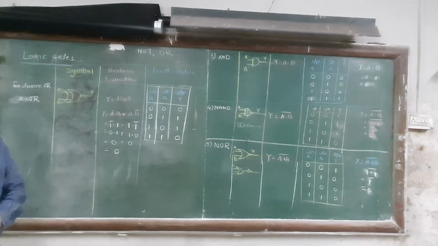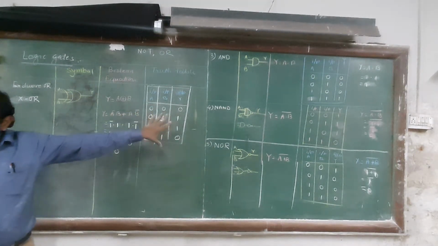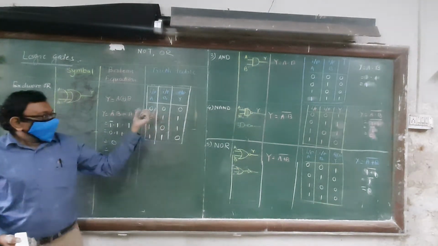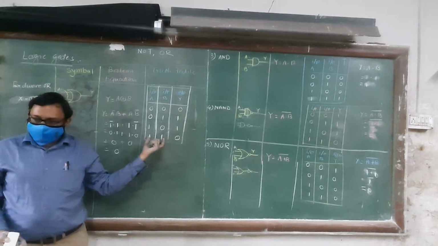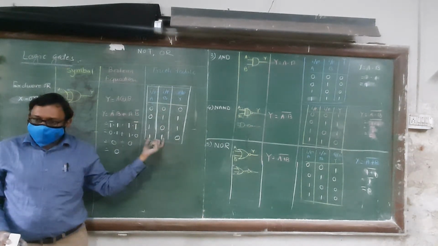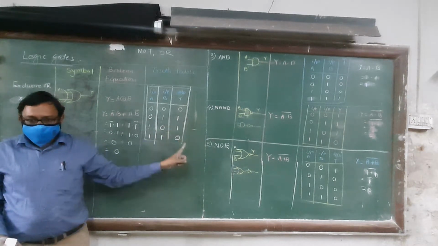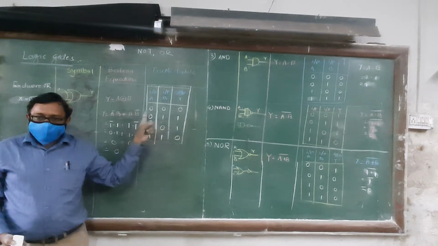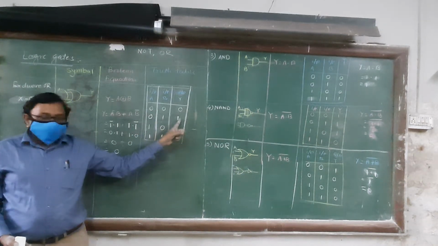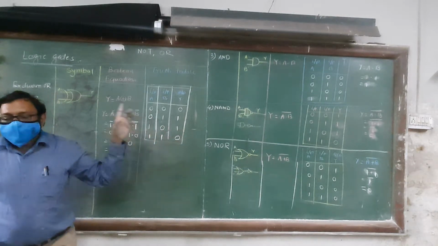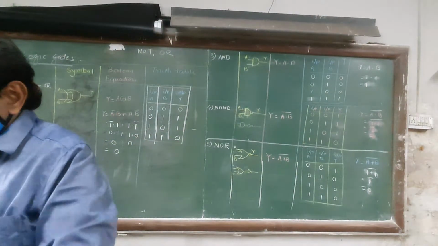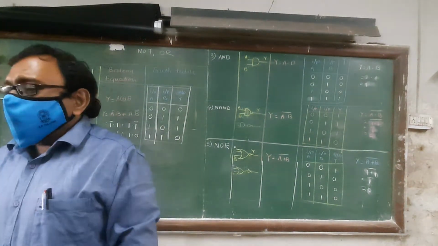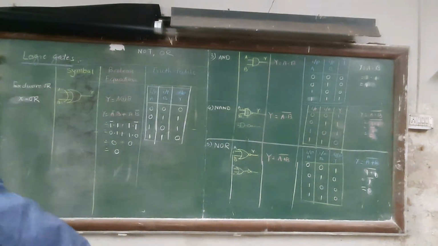Now, from this truth table, which conclusion do we draw? Here we draw the conclusion like this. If both the inputs are the same, then the output is 0. If any one input is 1 or 0, that is, the inputs differ, then the output is 1. Understand? This is all about these gates. Today we discussed the topic logic gates. On these logic gates, a few questions are also asked to you.